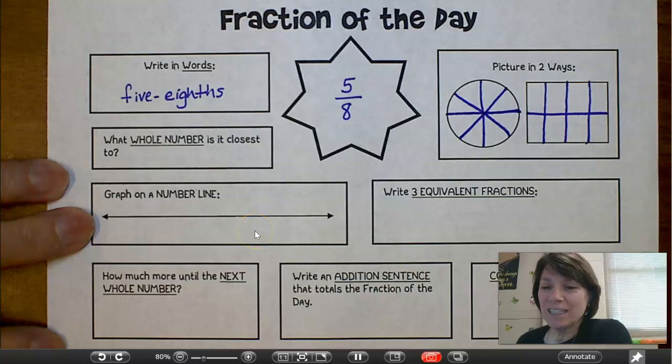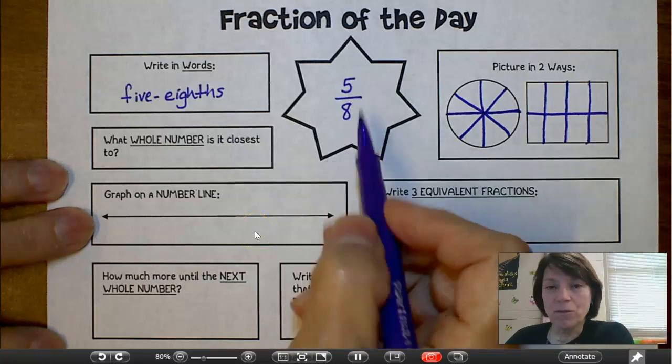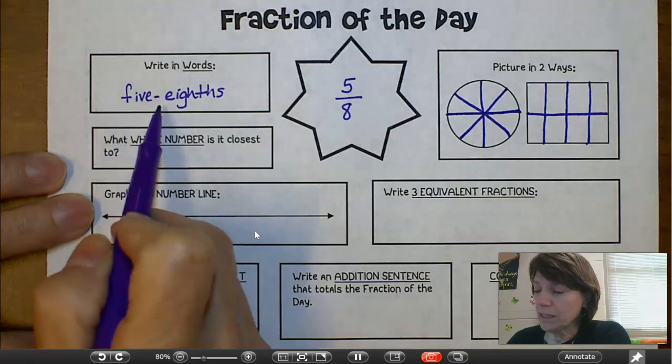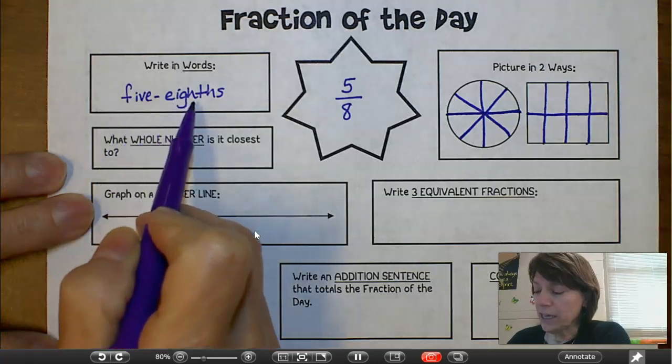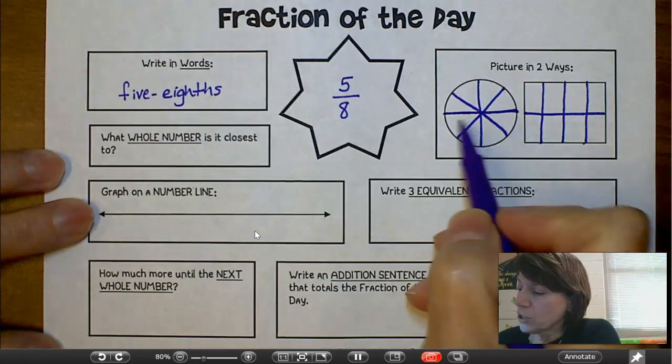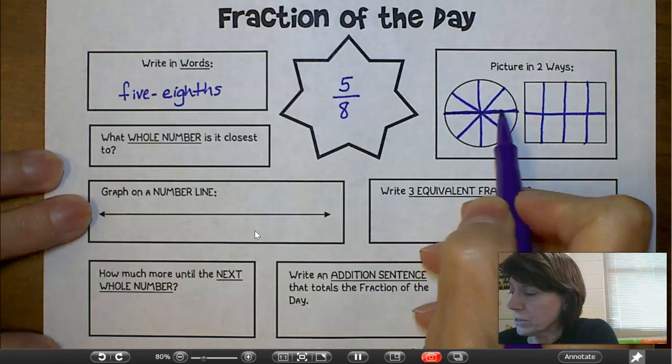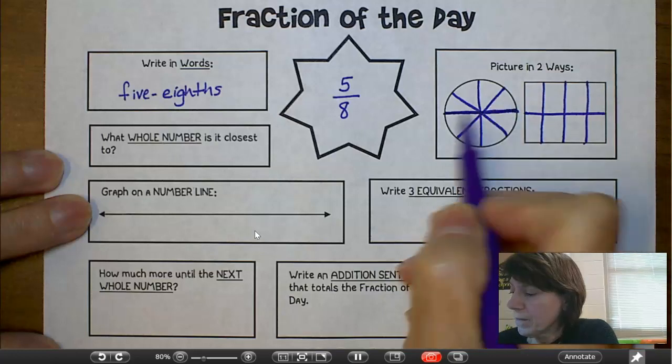My fraction of the day today is 5/8, so 5 over 8. I wrote that in words, F-I-V-E E-I-G-H-T-H-S, 5/8. To divide my shapes up, I put a line straight across the middle of my circle, and then